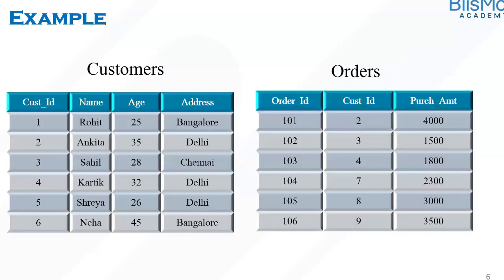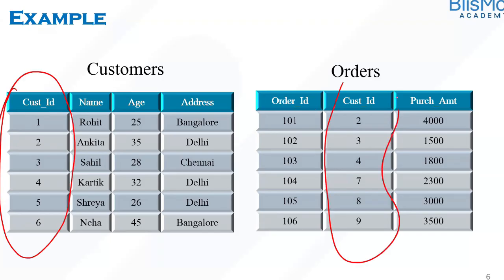So we already have seen this. If I want to inner join these two tables, what is the common field? What is the common field, Arun? Arun Maharana, what is the common field between these two tables? Customer ID. Yes. Because without the common field, we will not be able to do the inner join.